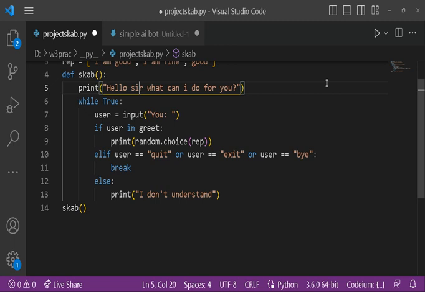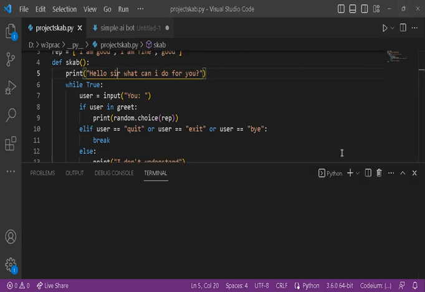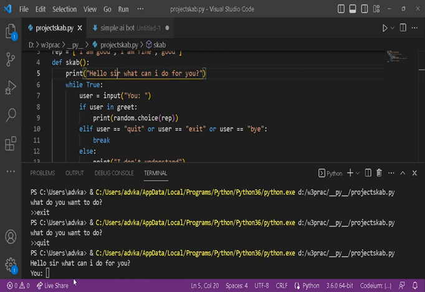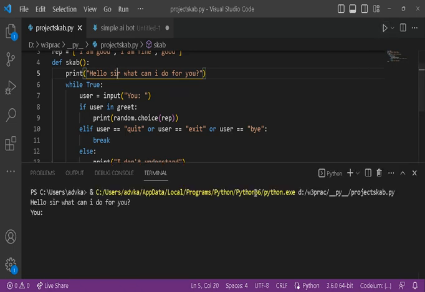So let's run our program and see whether it is working or not. It's taking time because it didn't click. Okay, so delete it. Now run again.